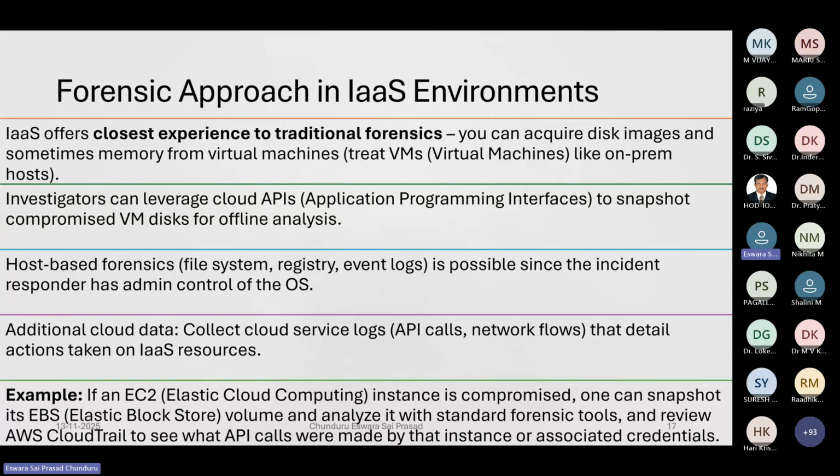For example, if an EC2 instance is compromised, we can snapshot its Elastic Block Store, that is the storage volume, and analyze it with standard forensic tools like FTK or EnCase or any other forensic tool, and review the CloudTrail logs if it is AWS,